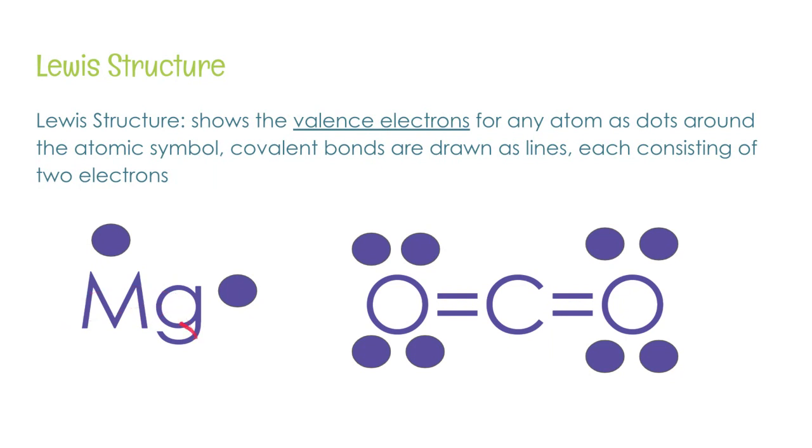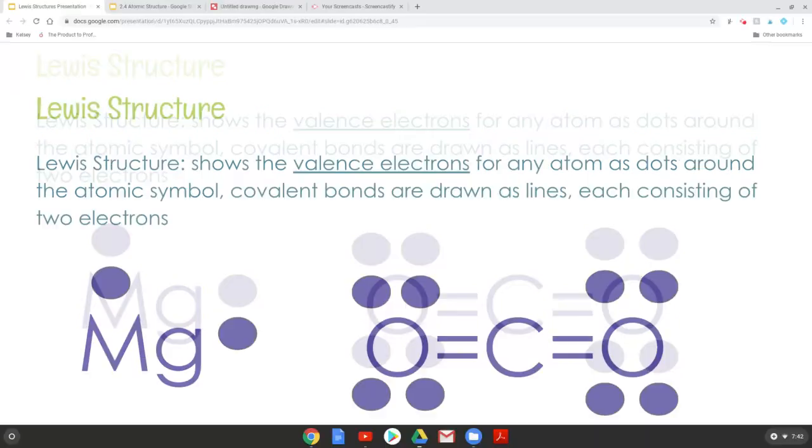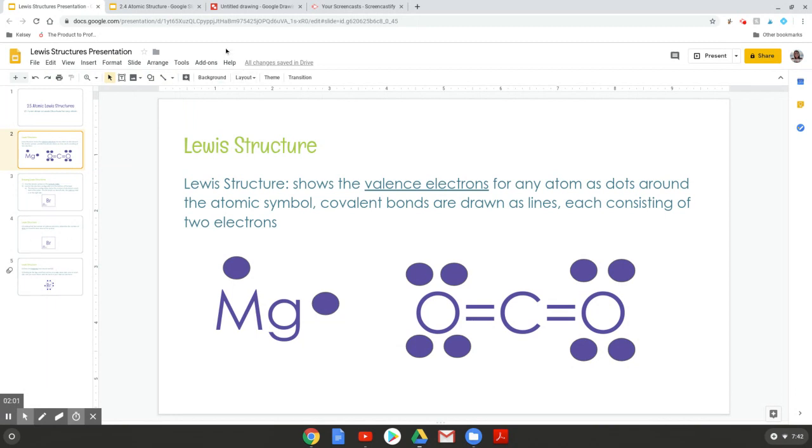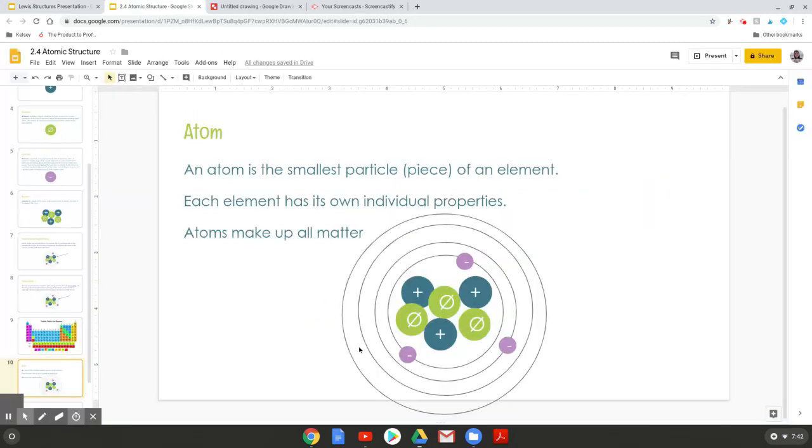Okay, so this element is called magnesium. It's number 12 on the periodic table. Magnesium has 3 rings of electrons. Those electrons are split 2, 8, 2. So my first layer, the one right outside of the nucleus, if I were looking at this picture,